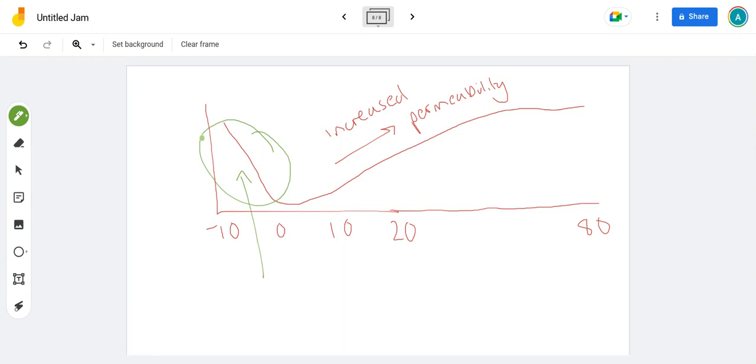So below 0 degrees, the phospholipids have hardly any kinetic energy, obviously, because it's very, very cold. So below 0, very little kinetic energy. And therefore,